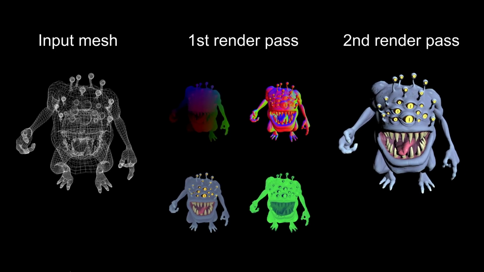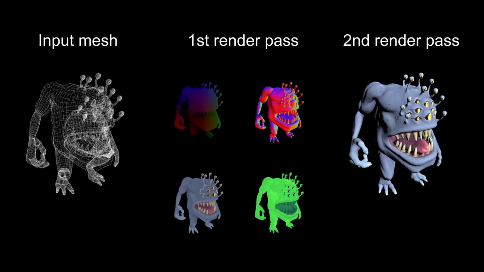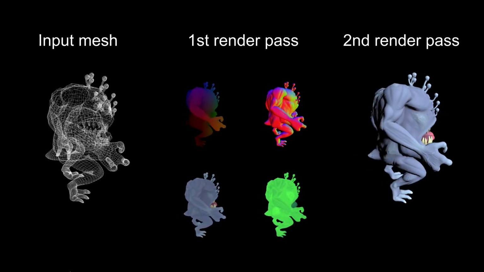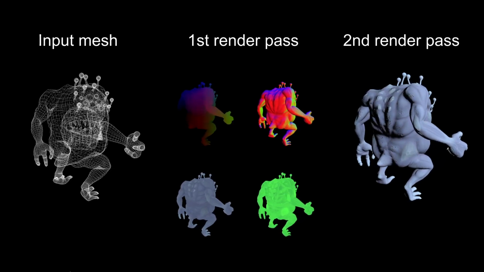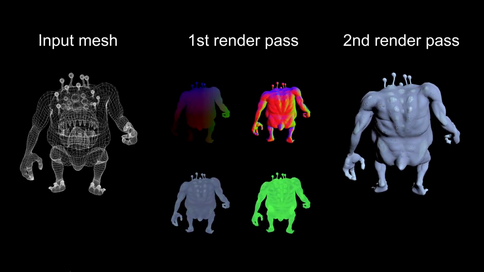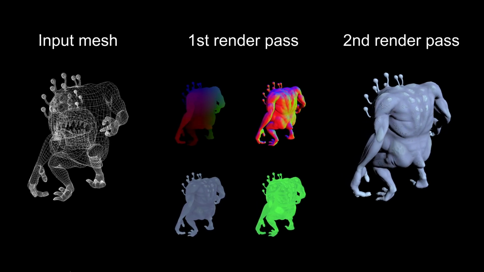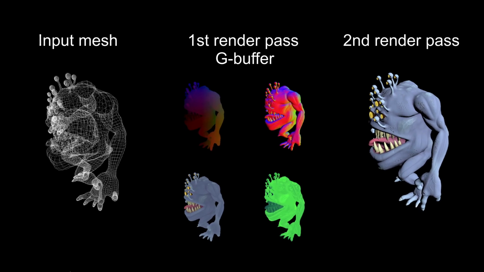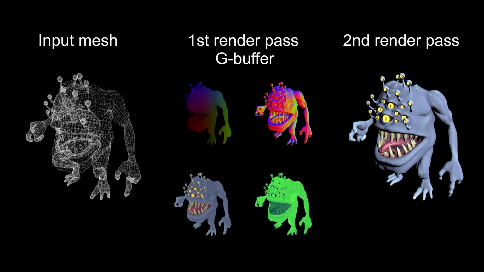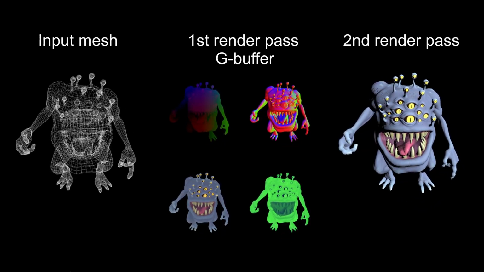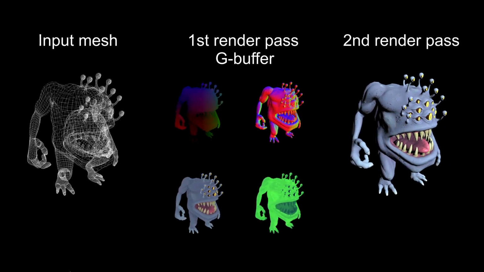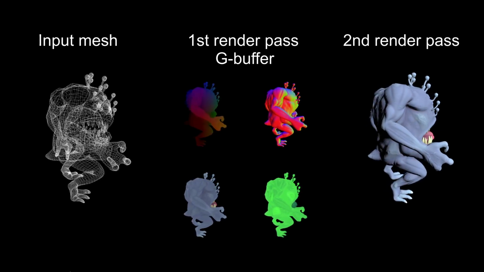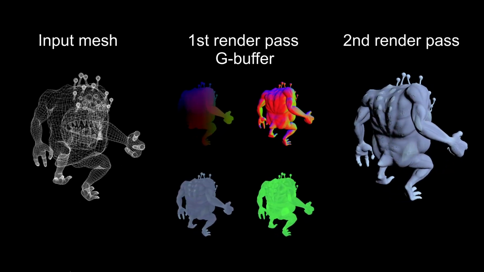Today we are going to talk about deferred shading and implement a first simple deferred shading pipeline in GLSL. Deferred shading is a two-stage process. In a first render pass, we render the geometry and material information into several 2D textures. This collection of textures is often called the geometry buffer or G-buffer for short. The G-buffer can comprise a texture for the 3D position, surface normals, base color of the material, roughness, and so on. In a second render pass, we use the geometry buffer to perform the lighting calculations.